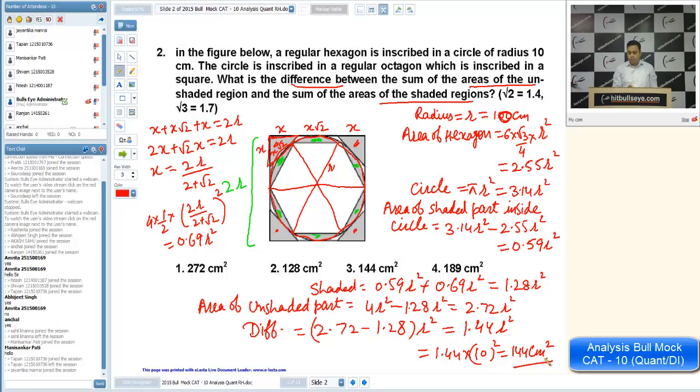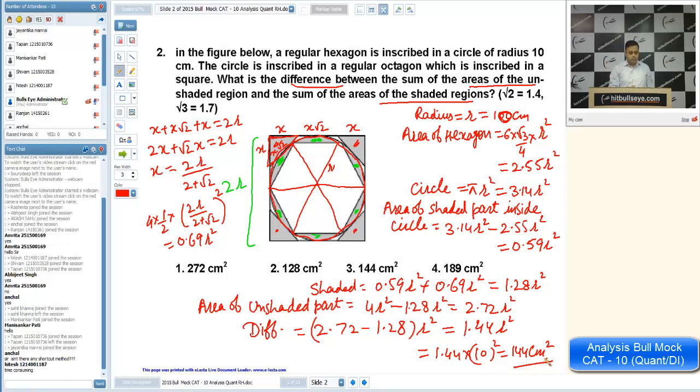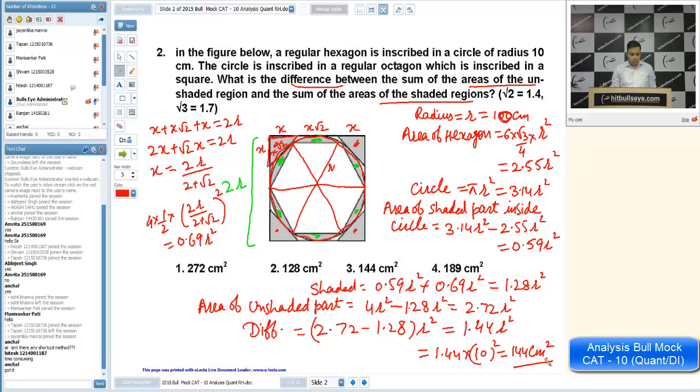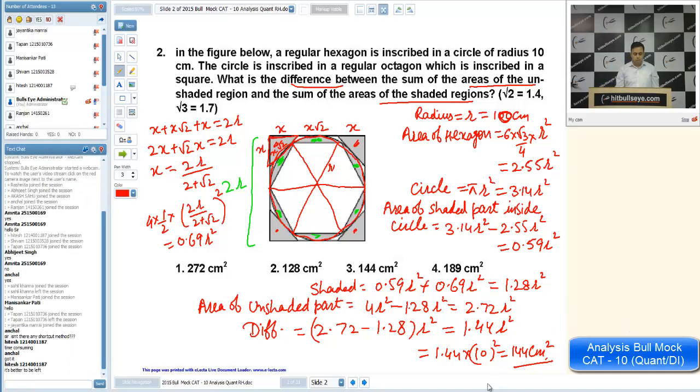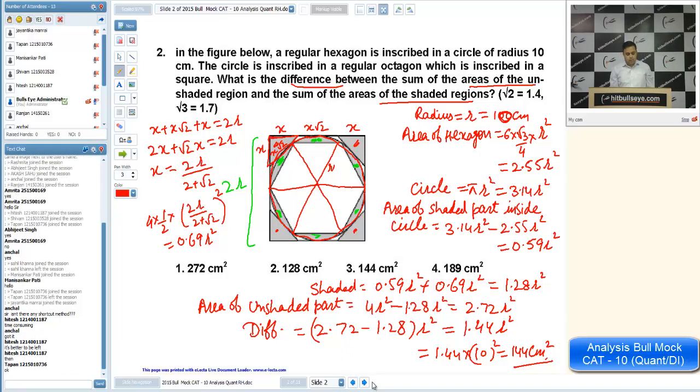Did you people understand this question or not? Is there any problem? No, Anshul, I think there is no shortcut to solve this question, as we have to find the areas here. Yes, it is time consuming, Hitesh. Under the time pressure, it will definitely take your time. Okay, so come to the next question. Yes, Hitesh, it is better to leave it, but there are some other questions which you can solve easily.